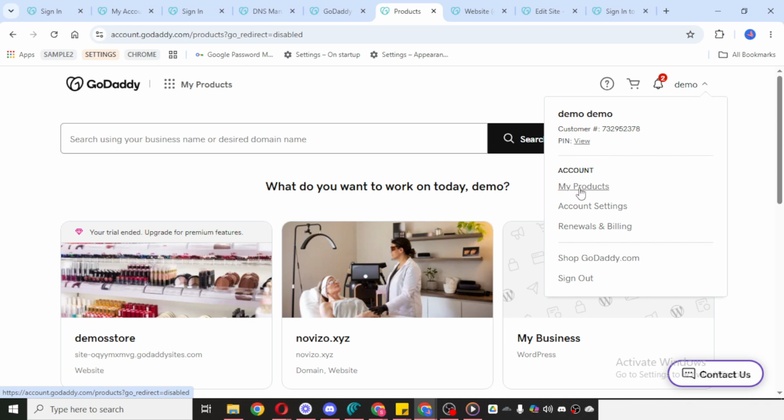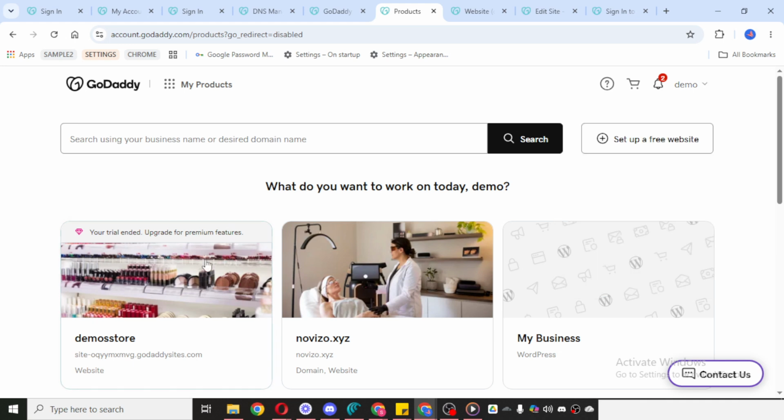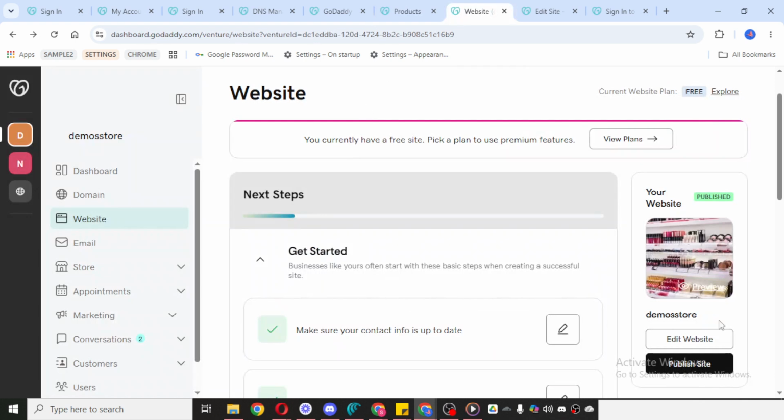From there, find the website you want to work on and select it. Make sure you're choosing the correct site before moving forward, especially if you manage more than one website. Once you've located the right one, click Edit Website. This will open the website builder so you can make changes directly to the page where you want your downloadable